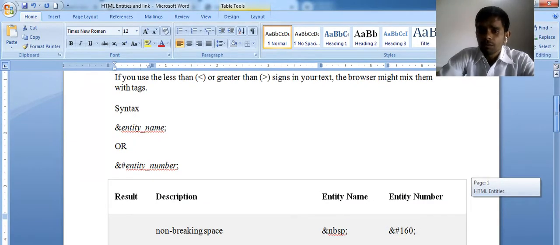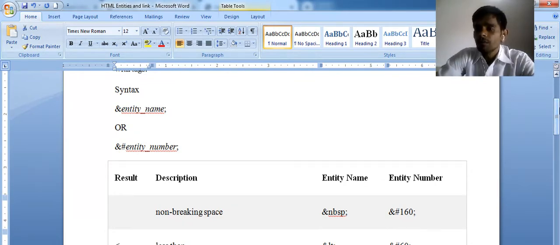We can use all of these with the help of an entity name as well as an entity number. Here we are using the entity name. Let's see how it works.